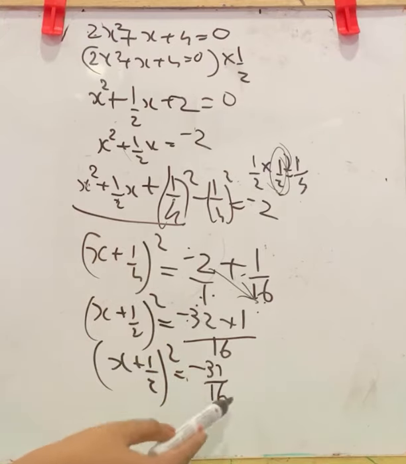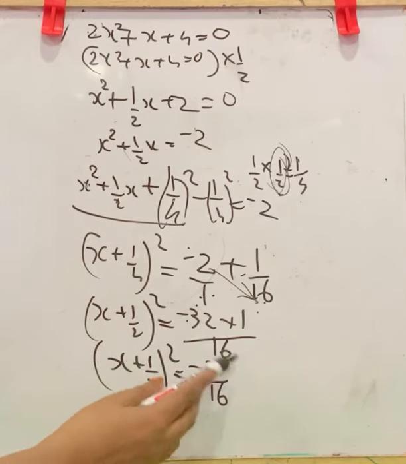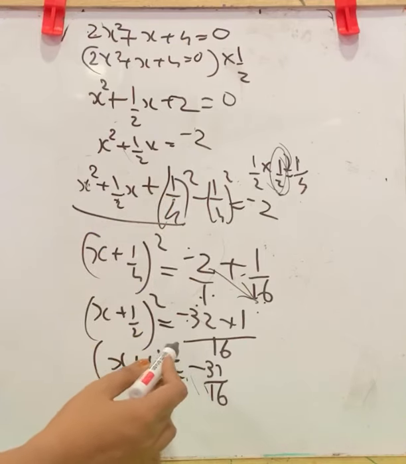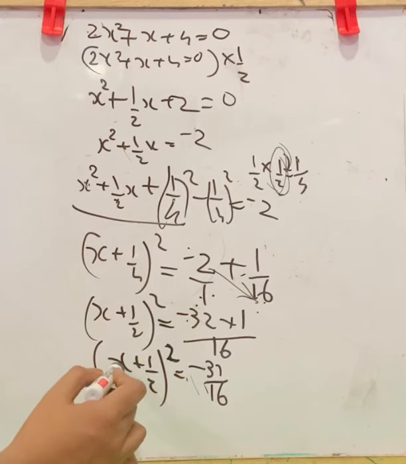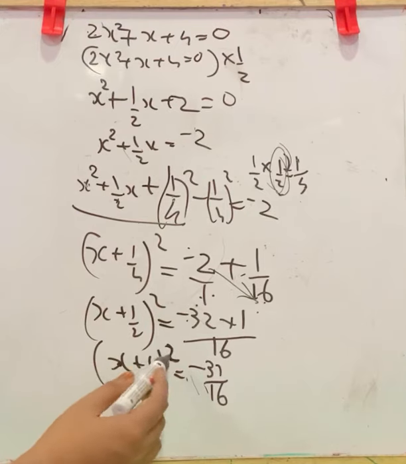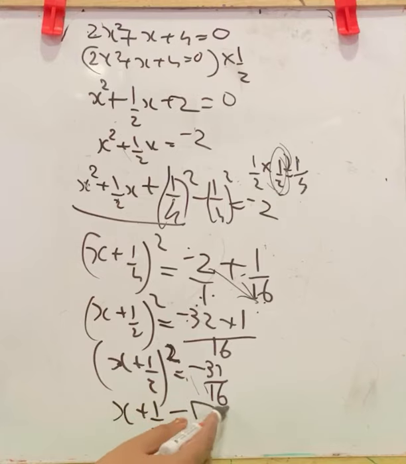In the previous question we got 0 here, so it was easy for us. We could write this 2 times and equate it to 0. Here it is not 0 in RHS, so you want to take the square root on both sides. Then only you will get the solution of x. So taking square root on both sides, this LHS part square will get cancelled. This becomes x plus 1 by 4. Now on RHS part, while taking square root, this becomes minus 31 by 16 inside the square root.